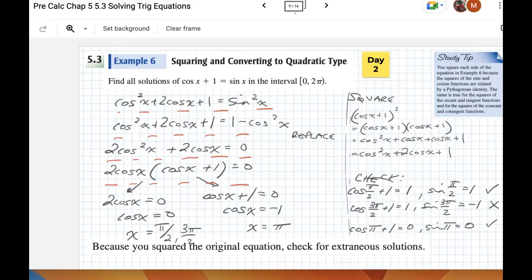I just divided both sides by 2 there. I suppose that's extra, but probably worthwhile to put that. And then you solve that equation. Cosine is equal to 0 for pi over 2 and 3 pi over 2. You might have written plus 2 pi n or something like that, and if you did, I couldn't blame you